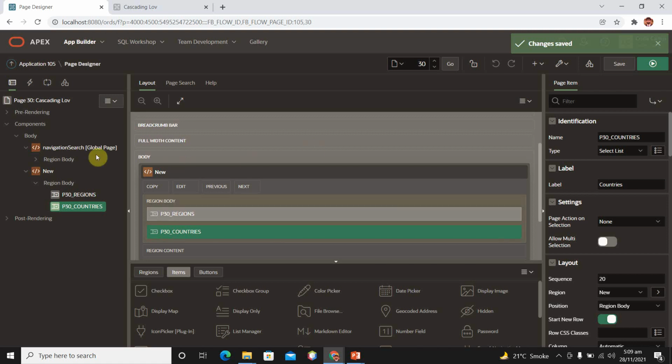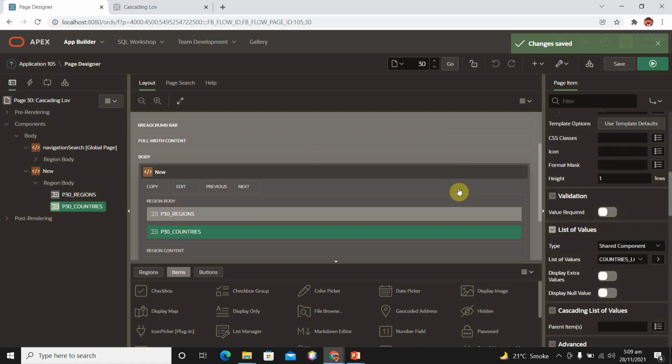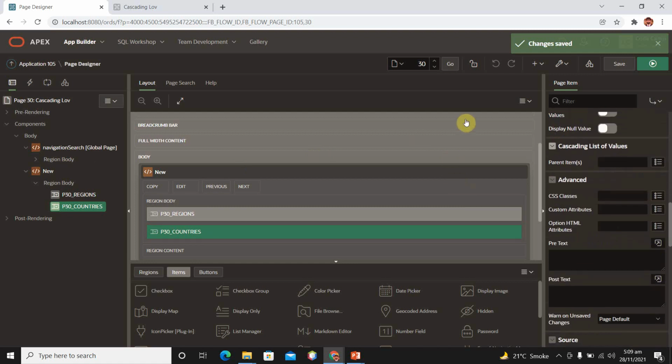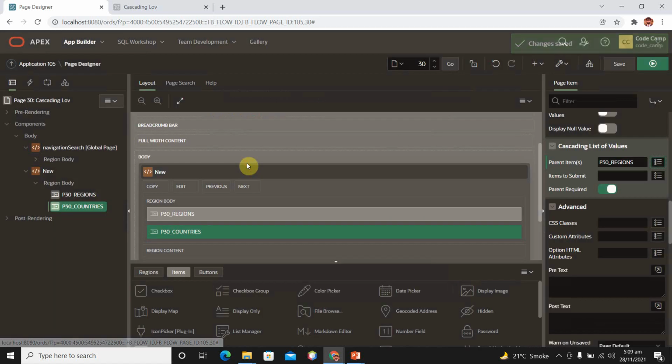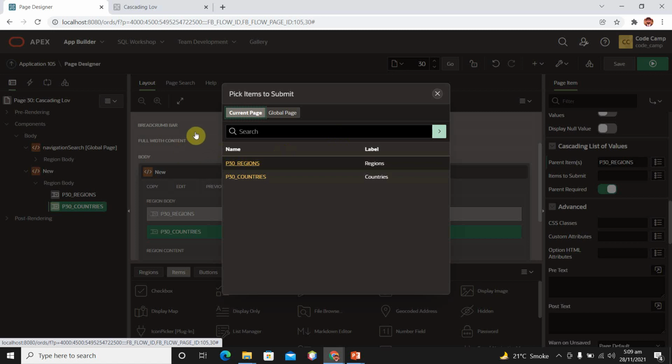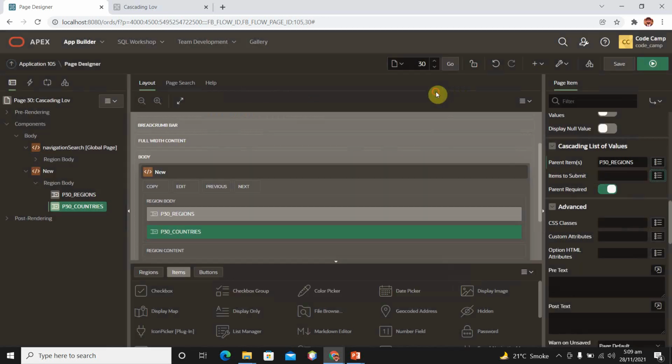So for that you need to select your countries LOV, and here we have the option of cascading list of values, parent items. So here we need to select parent items. The parent item is regions, and items to submit is no, there is no need to submit items over here. Here we need to define parent regions only.